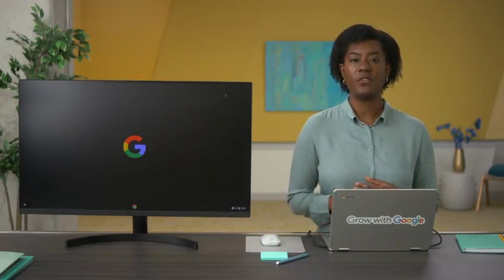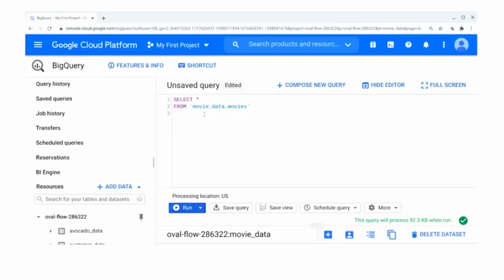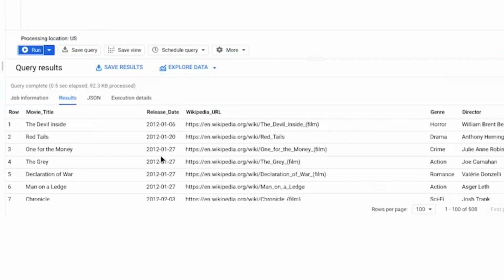Here's something pretty helpful you can do with SQL. You can use the order by clause to sort results returned in a query. Let's go back to our movie spreadsheet to get a better idea of how this works. Feel free to follow along in a SQL tool of your choice as we go. As a quick refresher, we have a database of movies listed with data like release date, director, and more. We can sort this table in lots of different ways using the order by function.